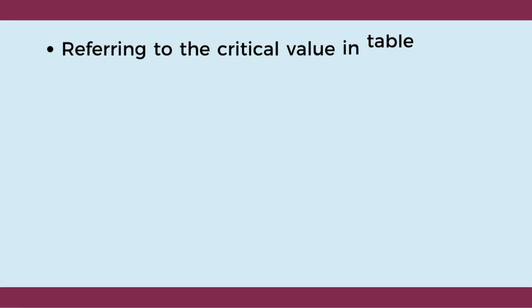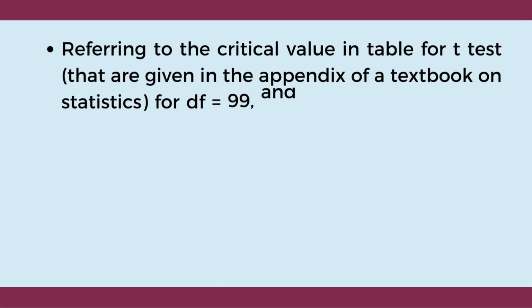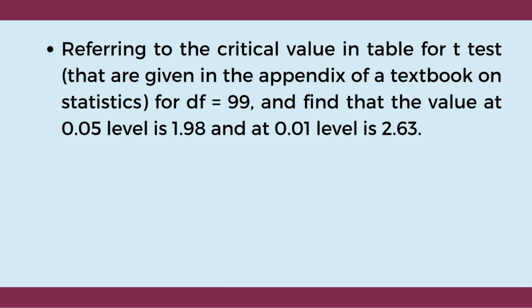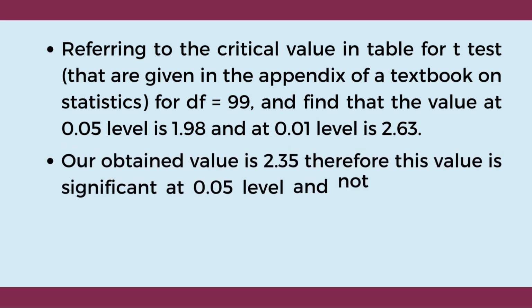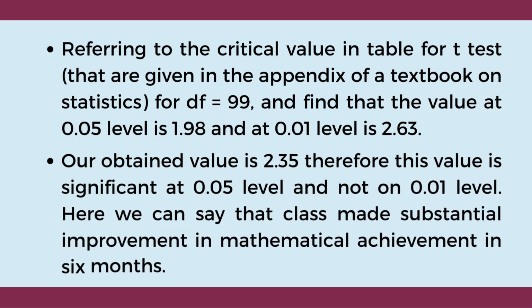Okay, how can these values be interpreted? Referring to the critical value in the table for the t-test that is given in the appendix of the statistics textbook, for degree of freedom 99, we find that the value at the 0.05 level is 1.98 and at the 0.01 level is 2.63. Our obtained value is 2.35, therefore this value is significant at the 0.05 level and not at the 0.01 level. Here we can say that the class made substantial improvement in the mathematical achievement test in 6 months, which is